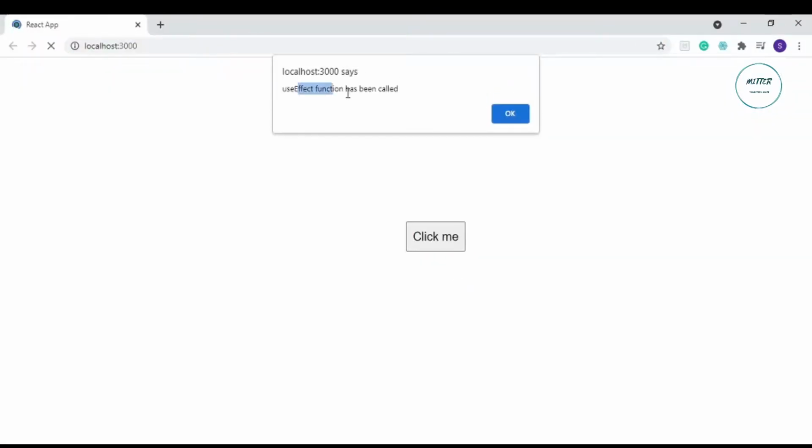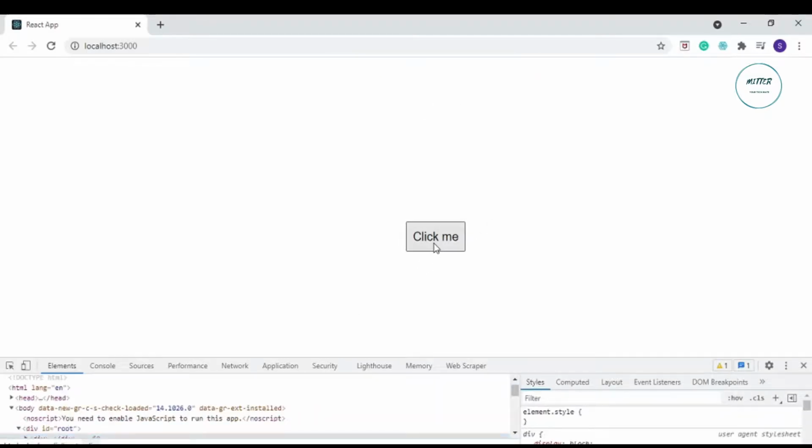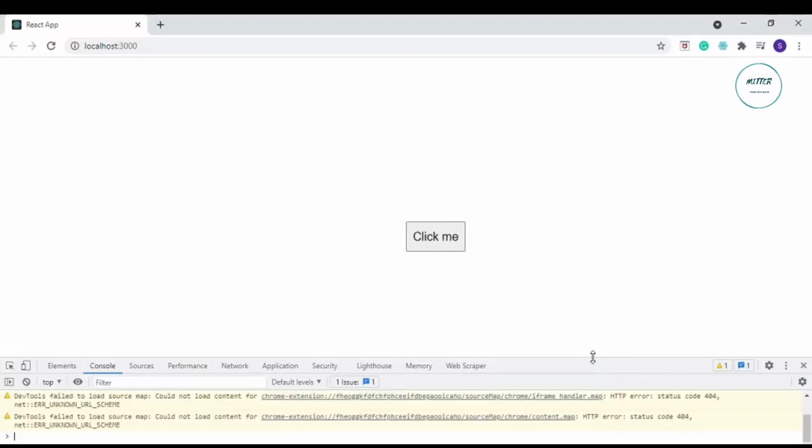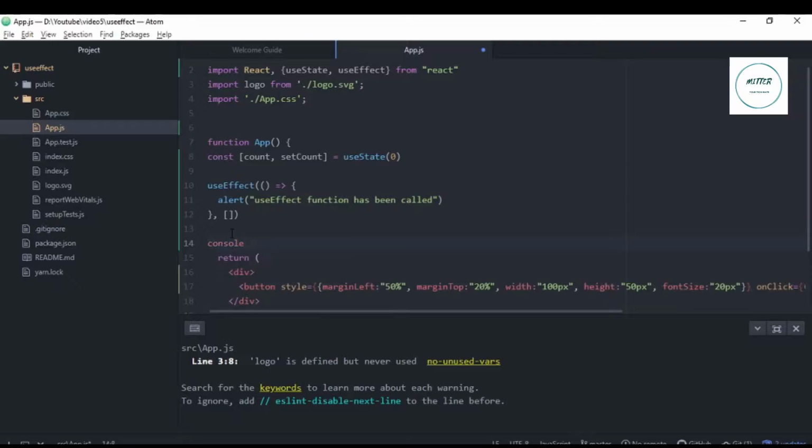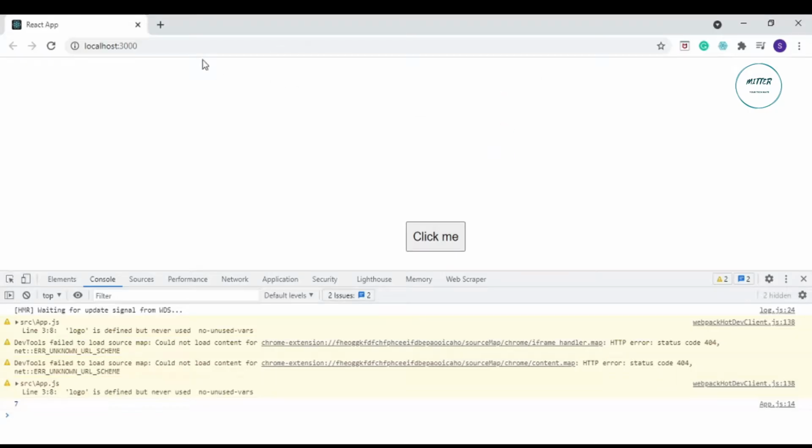Whenever I refresh, my useEffect function gets called, and if I click on this, my count is increasing. Just to confirm this, I will go to my code and console log count. Let me refresh it. Whenever the page refreshes, that part is called again.